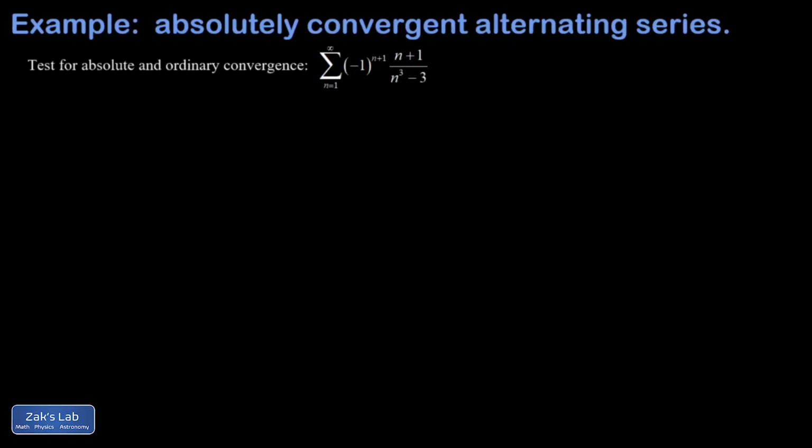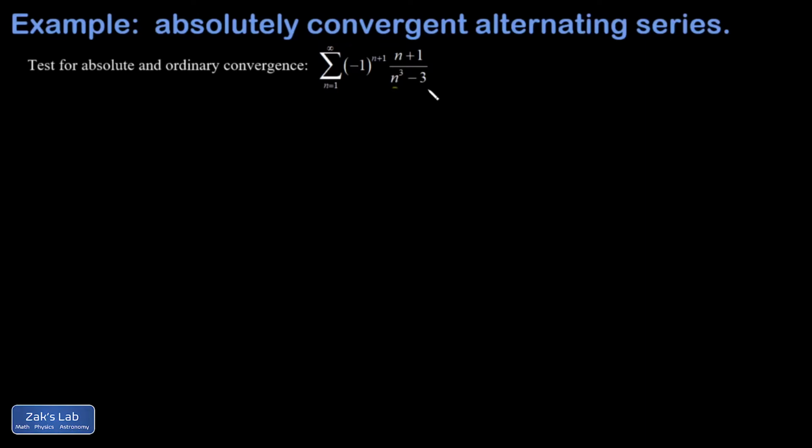In this video, we're testing for the convergence of an alternating series, and the first thing you always do is test for absolute convergence, because if you have that, you have ordinary convergence as well, and you can save some work. Now, this series is a little bit funky because it's not strictly alternating,